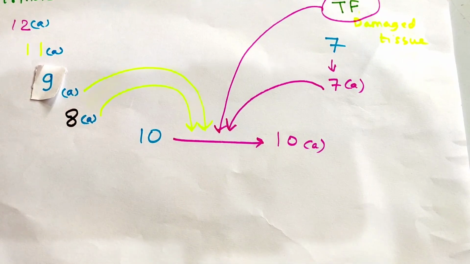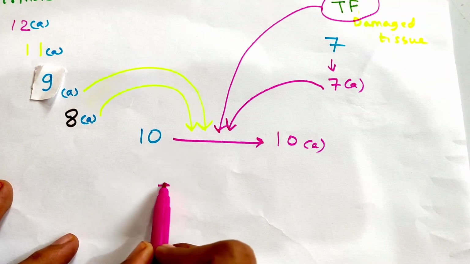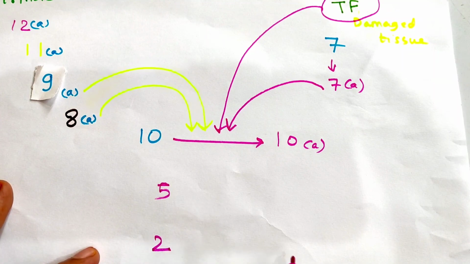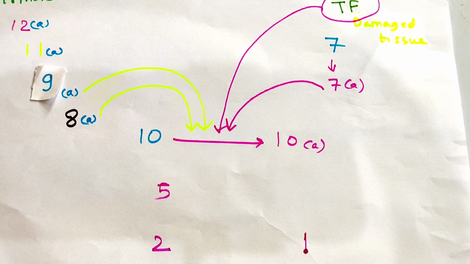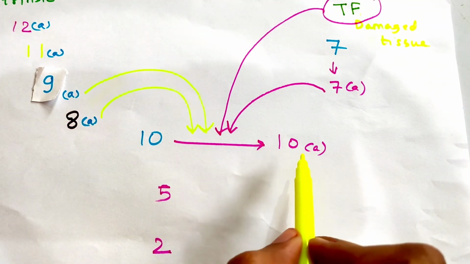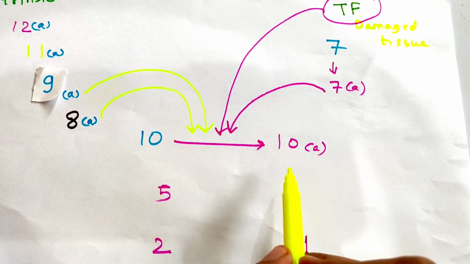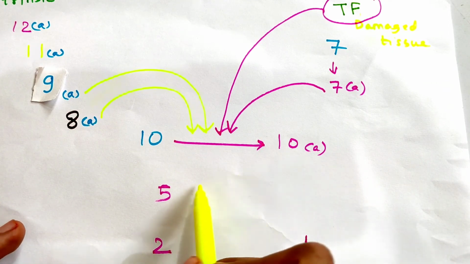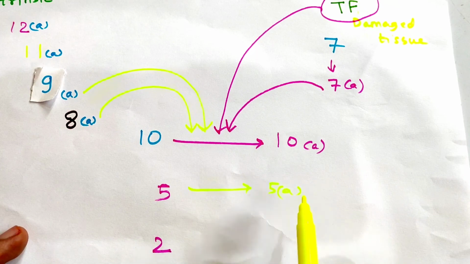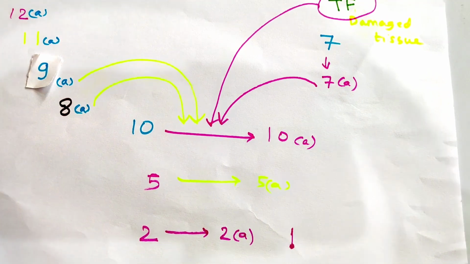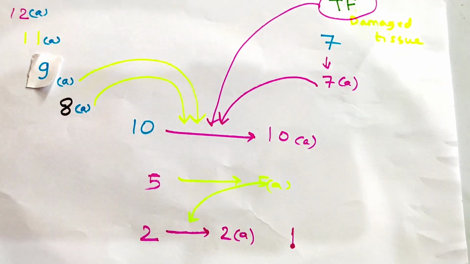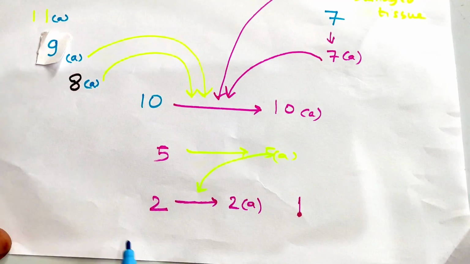Now we have to learn 3 digits: 5, 2 and 1. So this activated factor number 10 will convert factor number 5 to activated factor number 5. This activated factor number 5 will convert factor number 2 into activated factor number 2, and this 2 is prothrombin